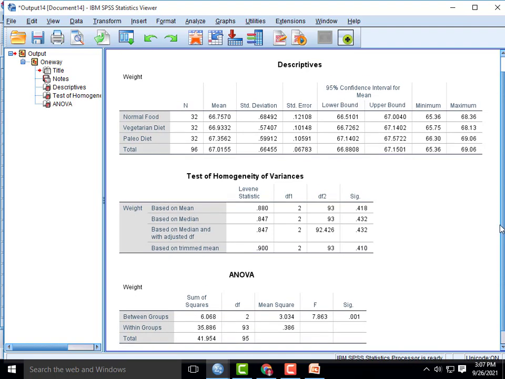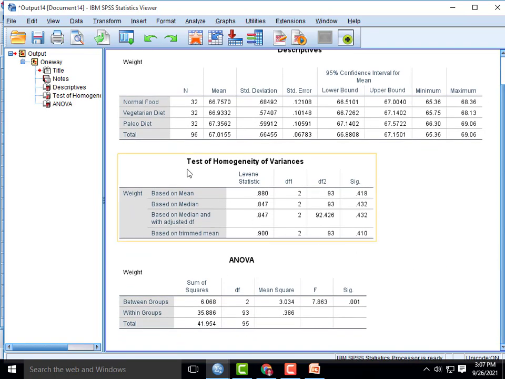Now check the test of homogeneity of variance. Here Levene's statistic is applied. Just check this significance level. It is greater than 0.05, so we assume that there is homogeneity of variance among the groups. So we can go to the ANOVA table.